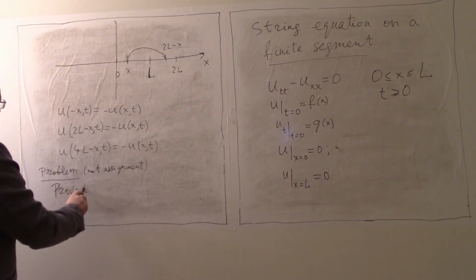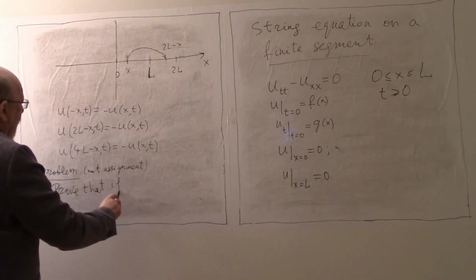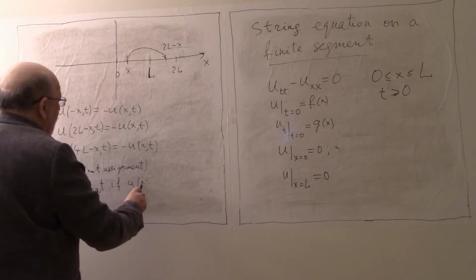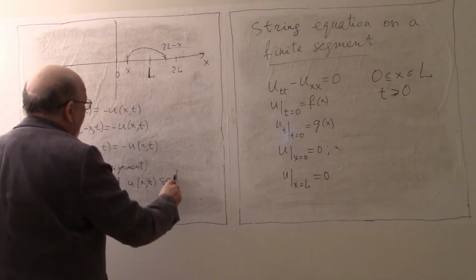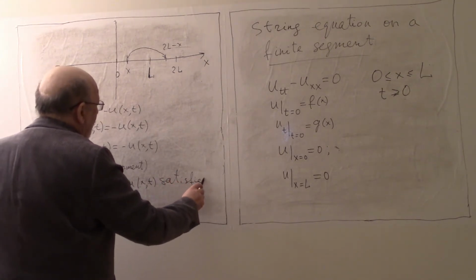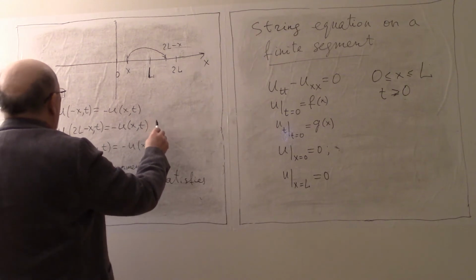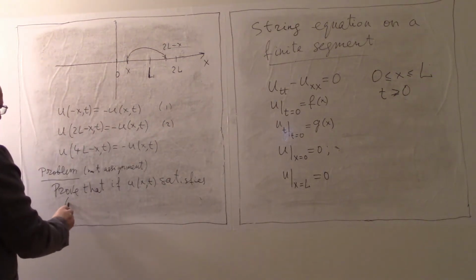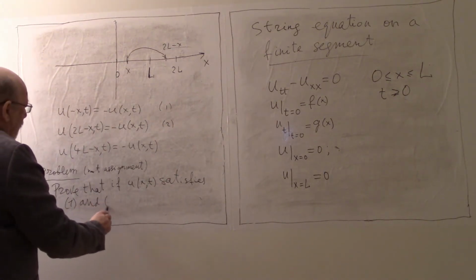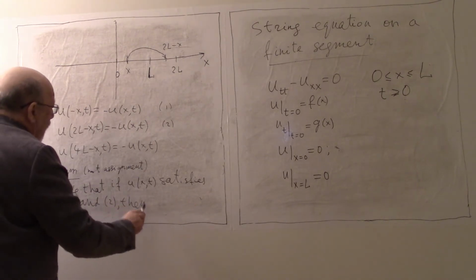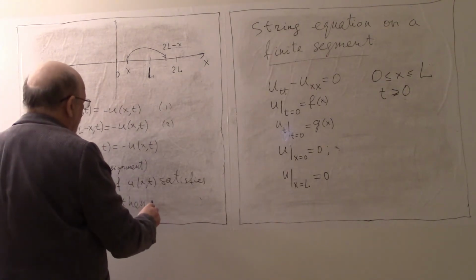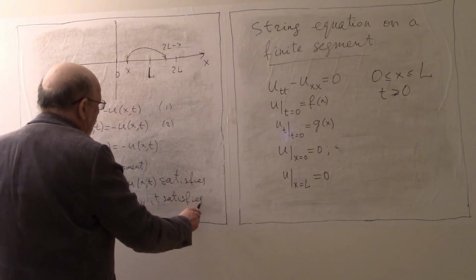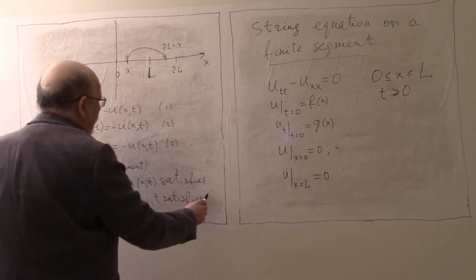Prove that if u of x, t, where t is a parameter, satisfies, say, 1 and 2, then it satisfies 3,